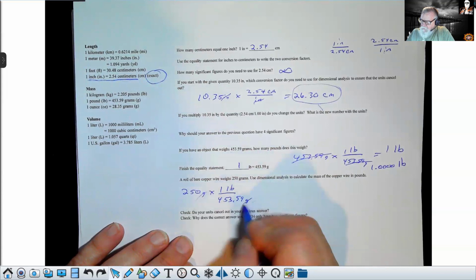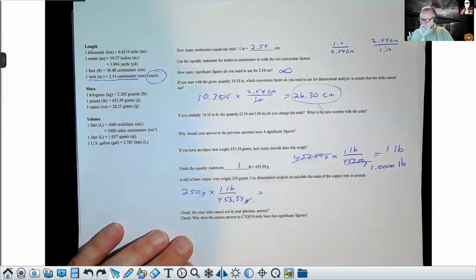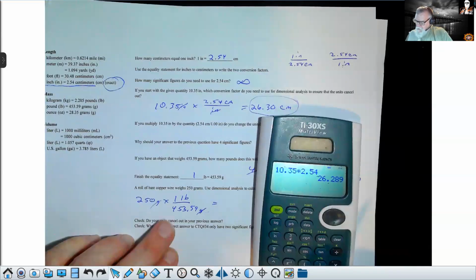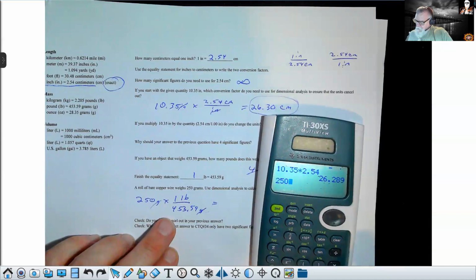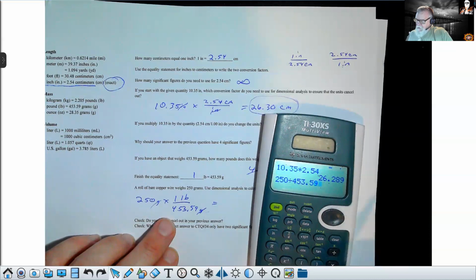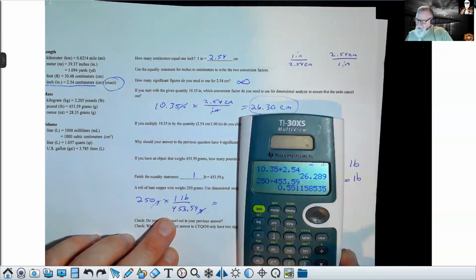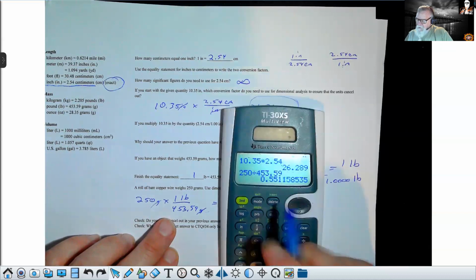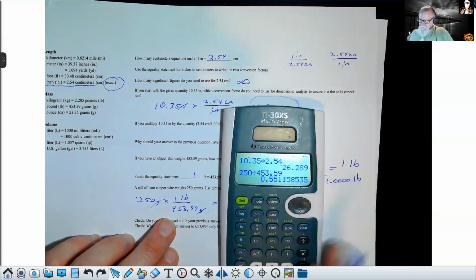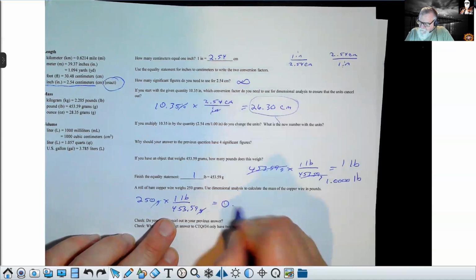So grams cancel. And so this would be 250 divided by 453.59 equals 0.55. We only have 2 sig figs, right? So 0.55